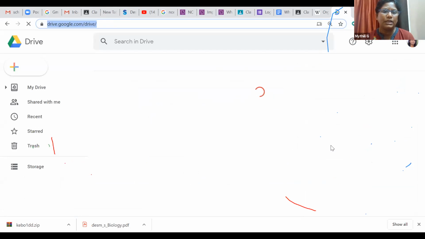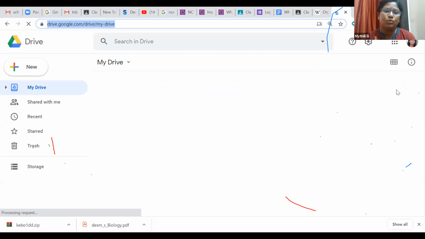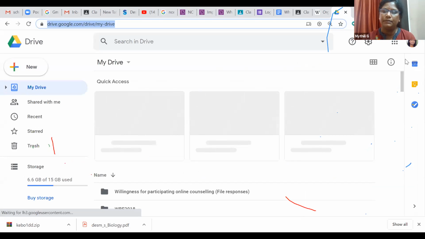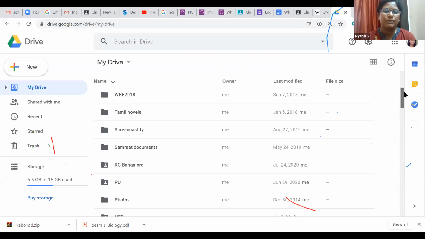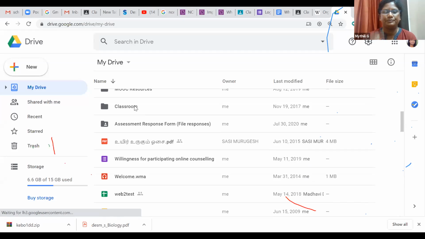In the Google Drive, a Google folder is automatically created, so all the things will be available in the classroom.